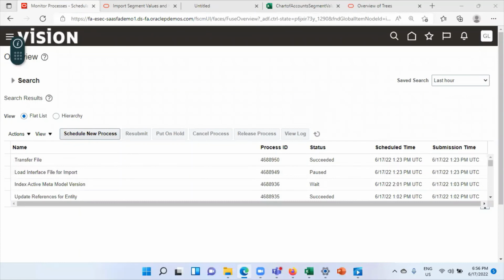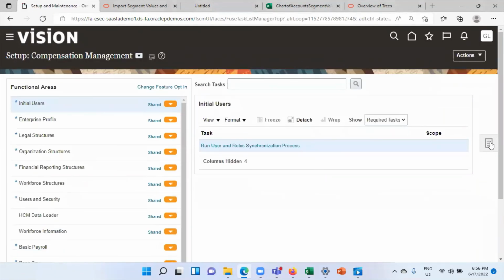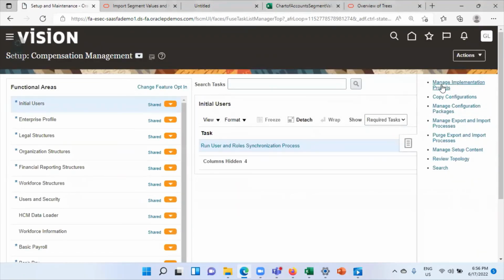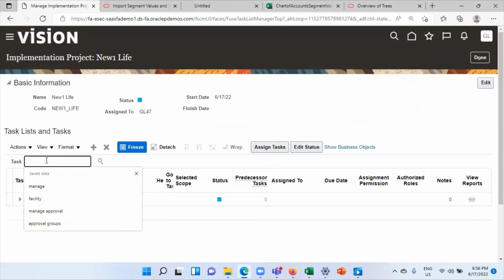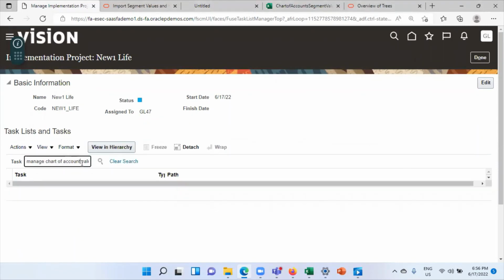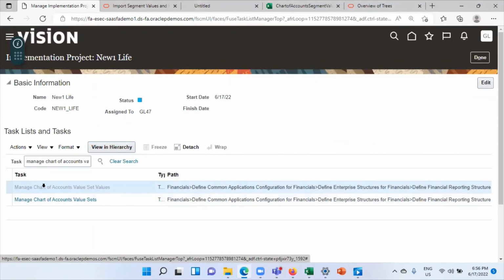Now we will go to our project to see how hierarchies are loaded in the project. Again, go to setup and maintenance. Go to task list. Click on manage implementation project. Click on your project. Here search manage chart of accounts value set values. Click on this task, manage chart of account value set values.